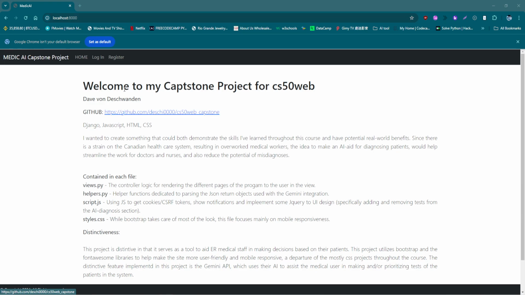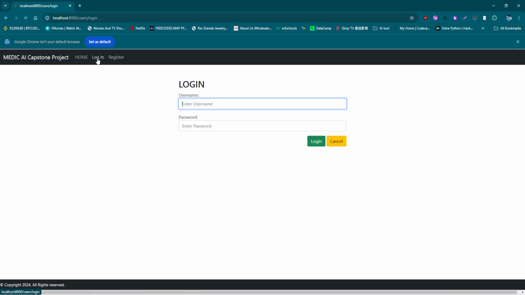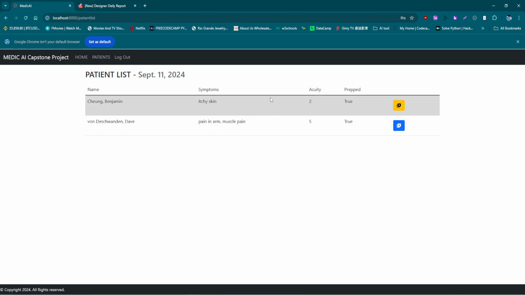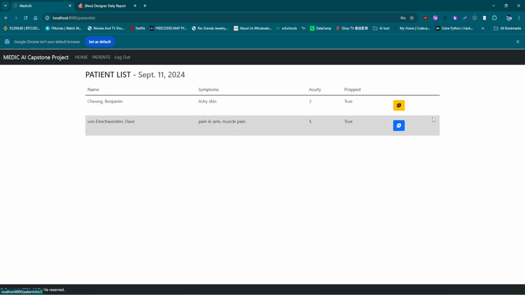But first, what we want to do is either register or log in to our system. We're going to do just that. Log in. All right. So this takes us directly into our patient list landing page. Here we have stubs of different patients that are already in our database, specifically only 2, but each of them has their own list of symptoms and acuity levels, which is what ranks them in order of descending preference in